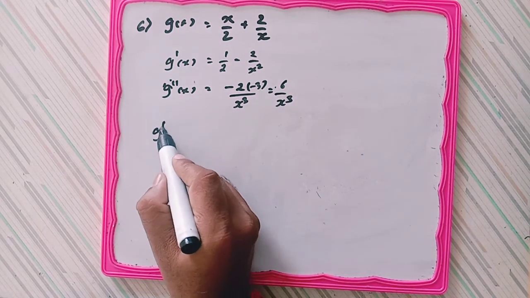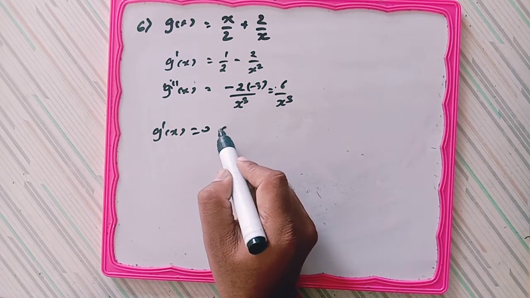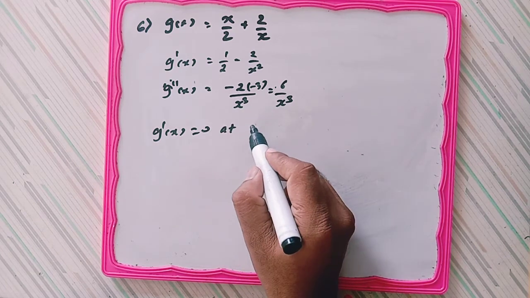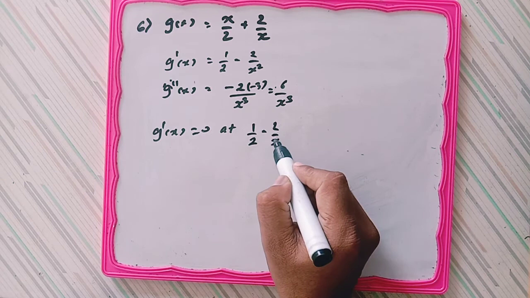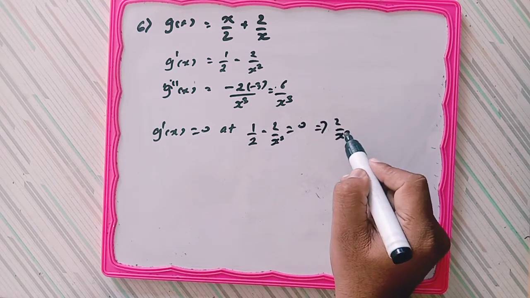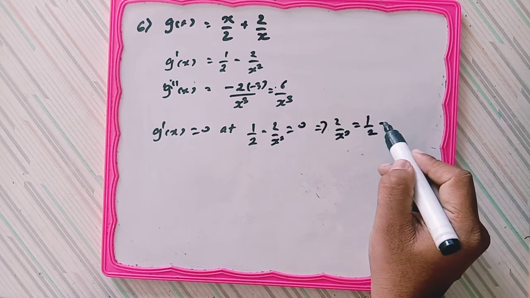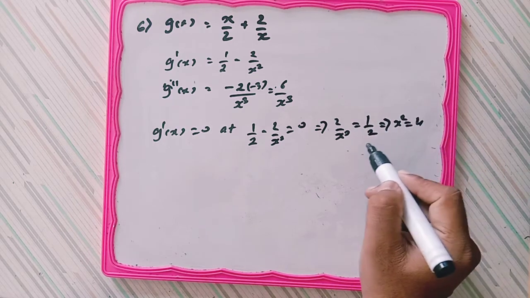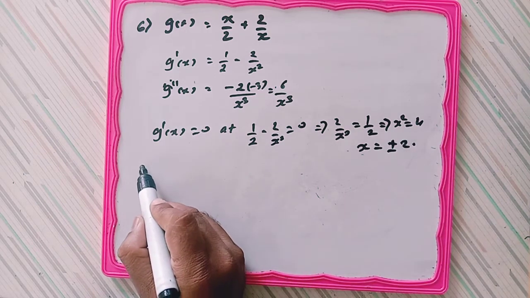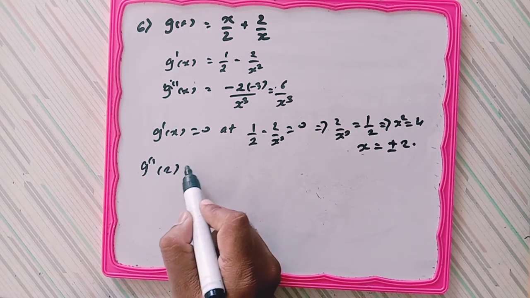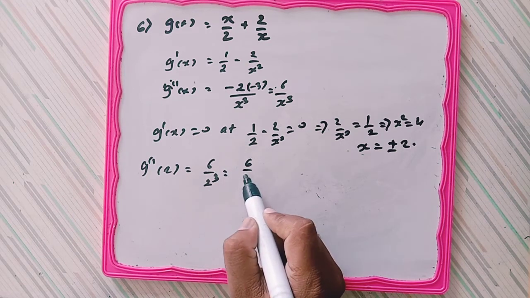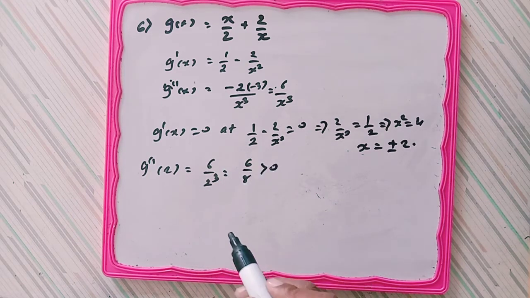Now g dash x equals to 0 at x equals to, then 1 by 2 minus 2 by x square equals to 0. So 2 by x square equals to 1 by 2, and so x square equals to 4. So x equals to plus or minus 2. So g double dash 2 we take, then 6 by 2 cube, which is 6 by 8 greater than 0,